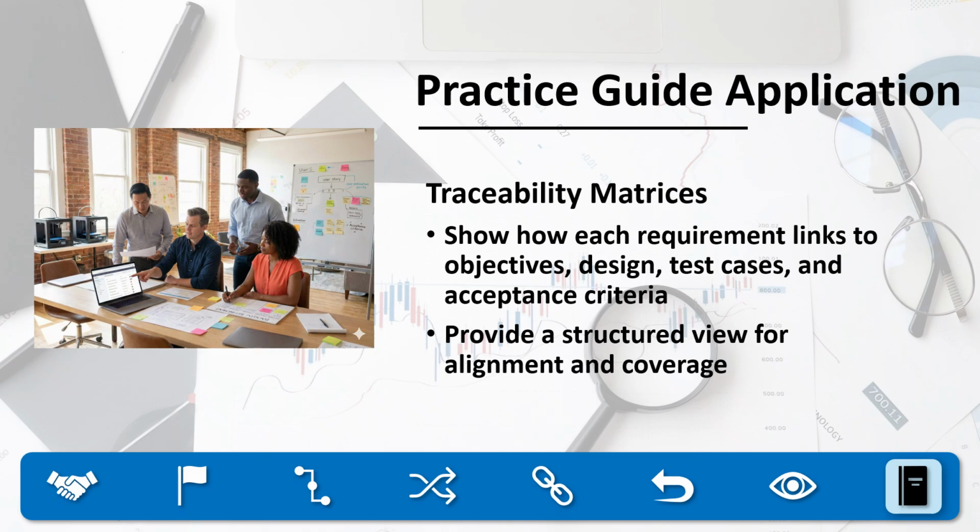The PMI Business Analysis Practice Guide provides practical techniques that bring traceability and monitoring to life. Two of the most widely used are the Requirements Traceability Matrix and Backlog Refinement. A traceability matrix offers a structured, visual way to demonstrate how each requirement links to business objectives, design elements, test cases, and acceptance criteria. It acts as a map of the solution, showing where every requirement comes from and how